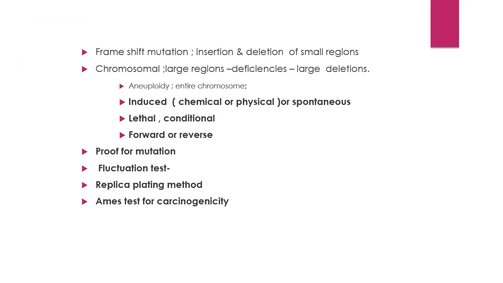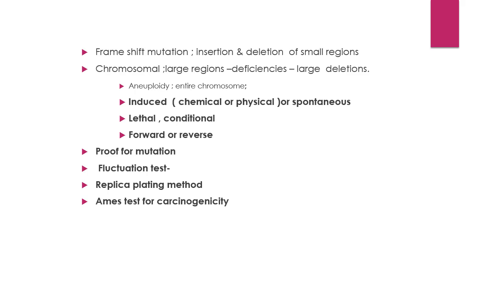Next one, frameshift mutation, which causes insertion or deletion of smaller regions. In chromosomal larger regions there are deficiencies in larger deletions, and aneuploidy, that is of entire chromosomes. Then induced or spontaneous mutations, by chemical or physical changes. Then lethal, conditional, forward or reverse, and true mutation, that is the fluctuation test, replica plating method,